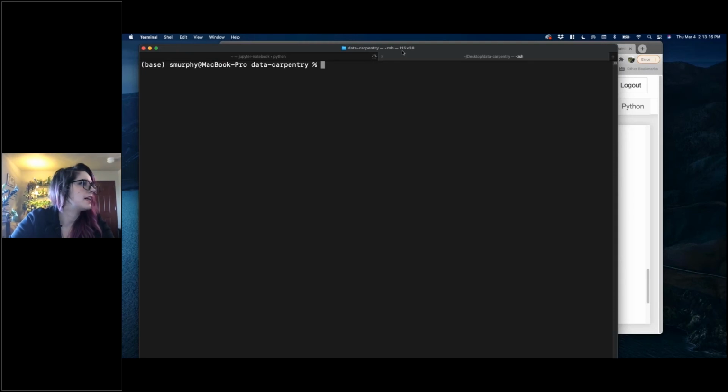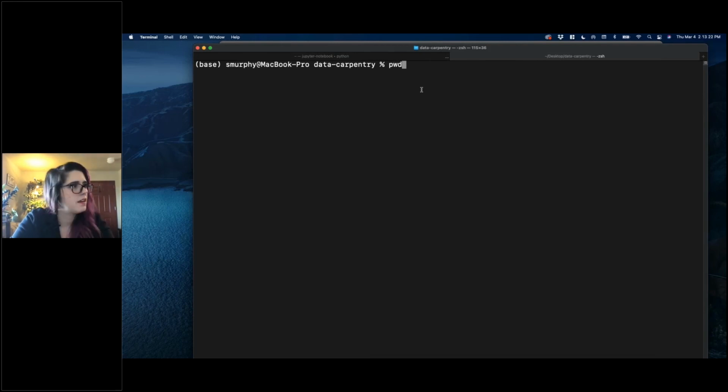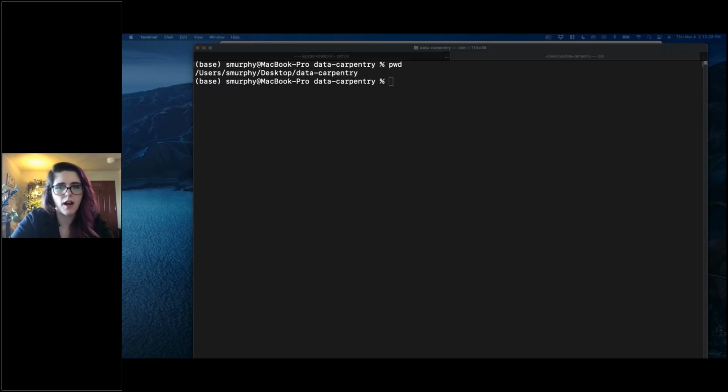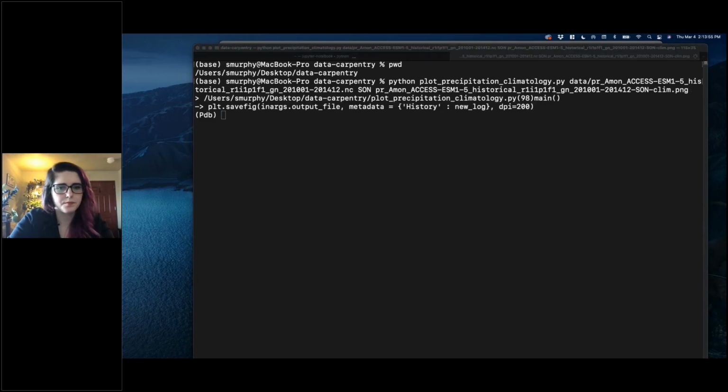So I'm going to go back to the command line. And so I'm in my Data Carpentry script. I'll make my font a little bit bigger and make sure that I'm in the right directory. And so now I'm just going to use one of these same commands that we used before, just using Python and then the plot precipitation climatology. I've copied and pasted it because these are long names for the files, but I have Python, our script, the data file, and our input, and then the PNG file name. So now I hit enter, and it'll take a second, but now we see that we have